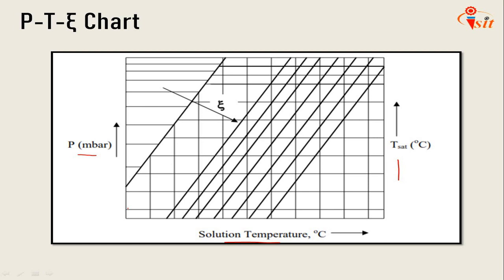Other types of charts showing the vapor pressure data for the water lithium bromide system are also available in the literature, where the mass fraction of lithium bromide is plotted on the abscissa, while saturation temperature of pure water and vapor pressure are plotted as ordinates. So the same charts are used to calculate the particular vapor pressure data and other parameters.